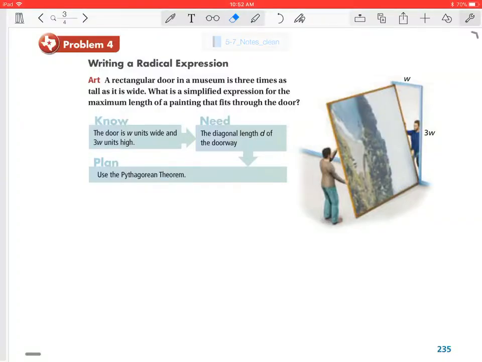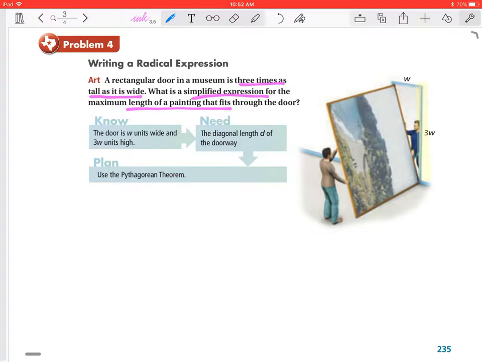All right, so here we're talking about a rectangle door in problem number 4. We're talking about writing a radical expression, and a rectangle door in a museum. We know that this door is 3 times as tall as it is wide. We want to know the simplified expression for the maximum length of the painting that fits through the door. We know that the door is W units wide, and